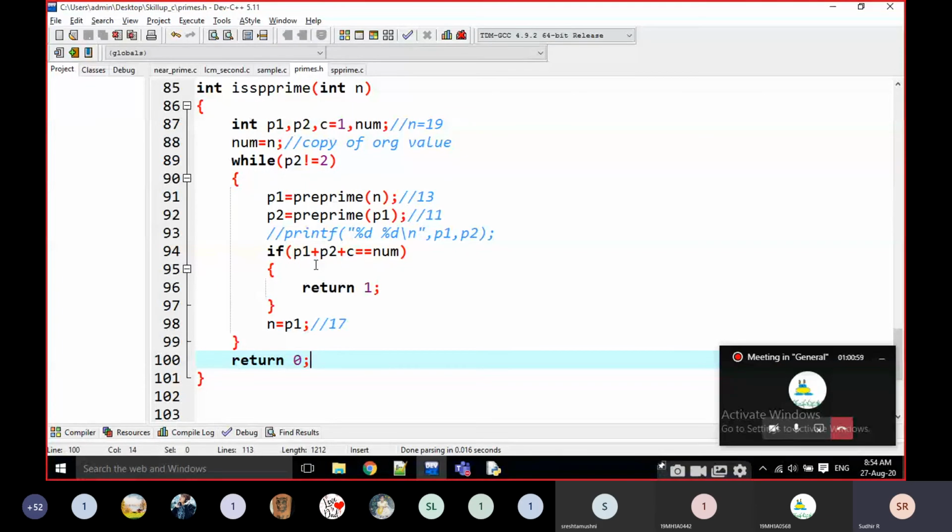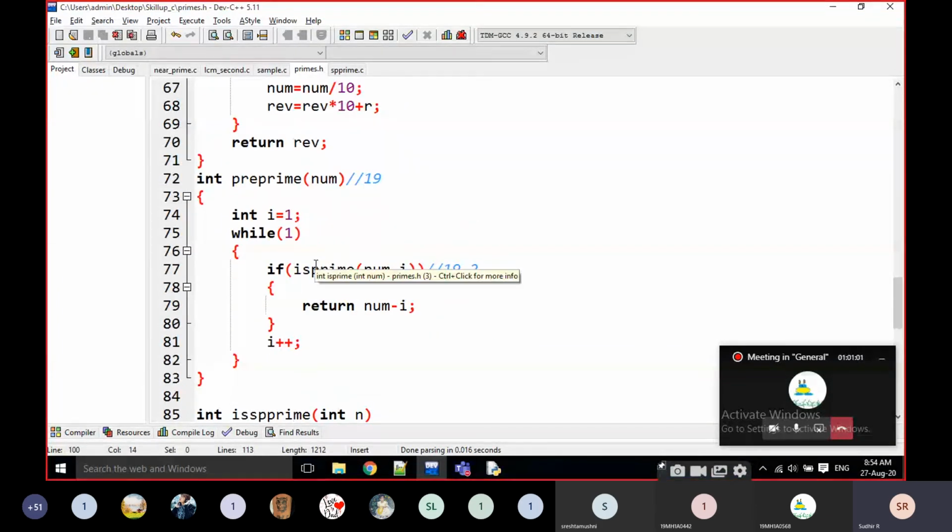Okay, this is the SP prime, and note down this previous prime also, pre-prime. You can develop the next prime functionality also. Some students may ask, can we write the next prime of that number? Is there any functionality? Yes, you can write that functionality also. What is the next prime? In this primes.h in your system, you have to develop what is the next prime.